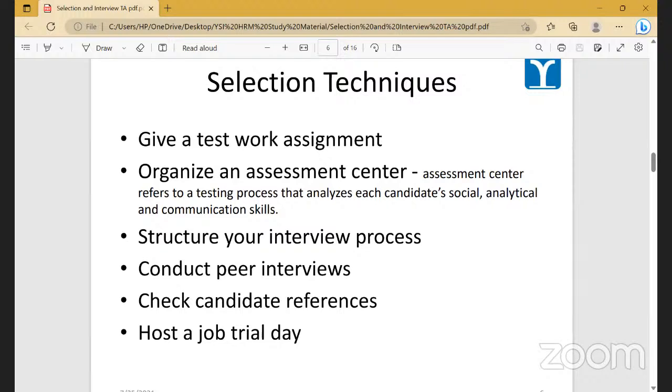Now, the major mistakes most of the HRs do in hiring is, and that is the reason why you will see इतने सब layoffs होते हैं या इतनी सब problems आती हैं, is purely because the interview processes are not structured. And when I say structured interview process means that it needs to be written down properly. If this question I am asking, what is the kind of skills I am evaluating from this question? So even if I am asking this simple question, that what you want to do after 5 years, what is the relevance of asking this question?